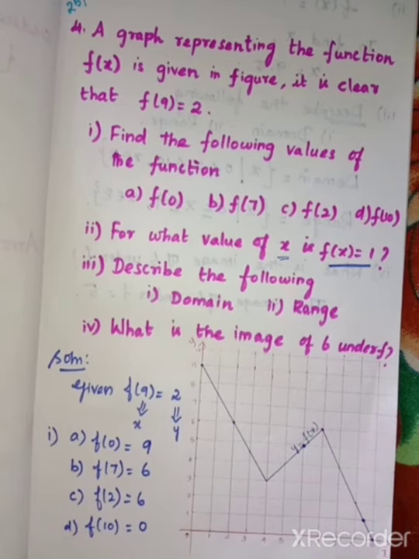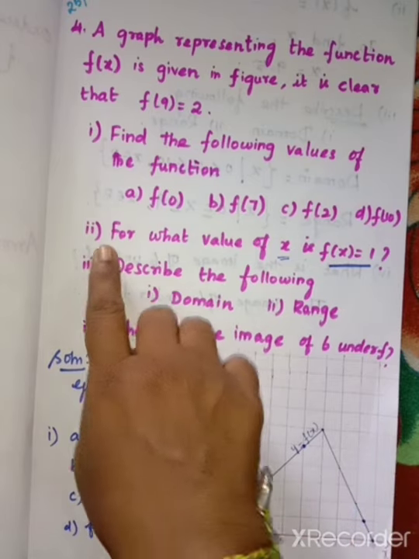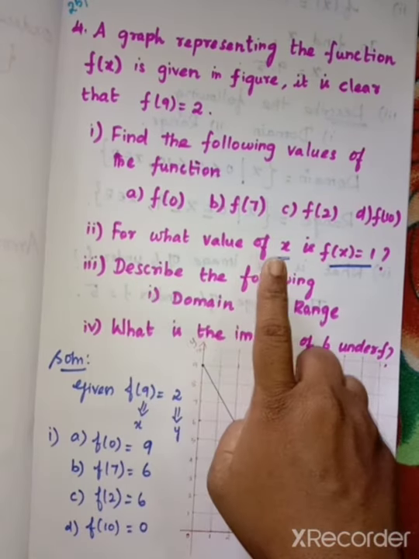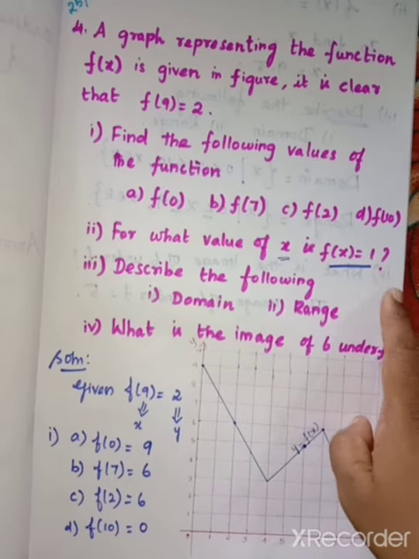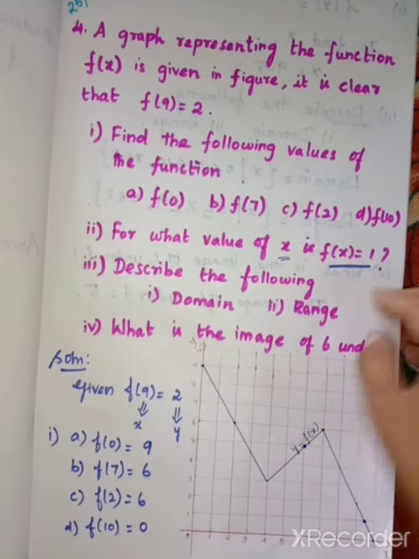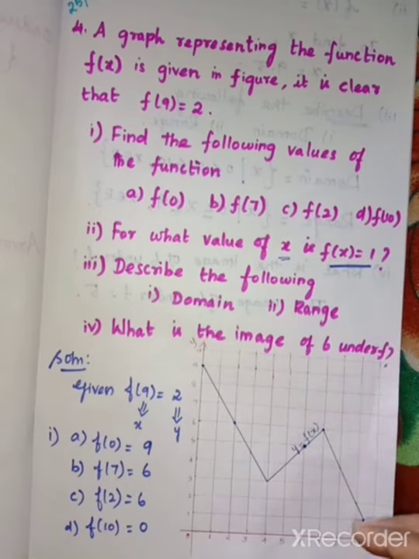Likewise the remaining three subdivisions. Then the second one: find the value for x, where f of x equal to 1. Here they have given the image and ask us to find x. The image is y, so y is 1 here. We have to move along to the point, which lies at 9.5. That is where it is mentioned. So the answer is 9.5.